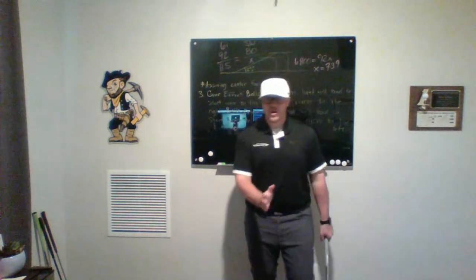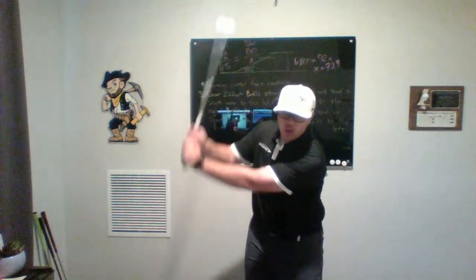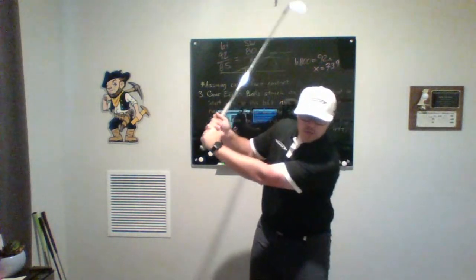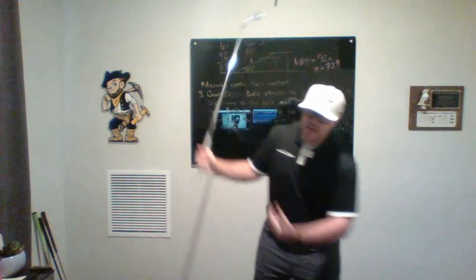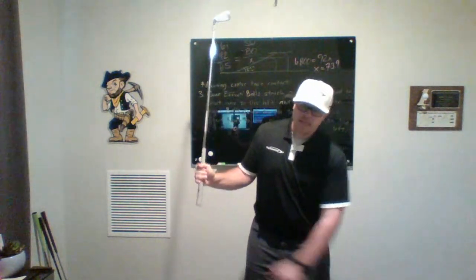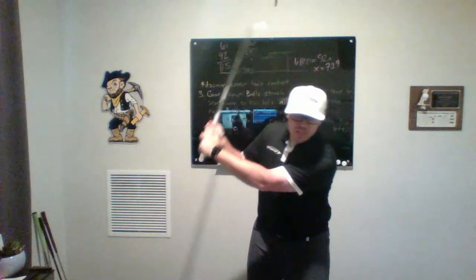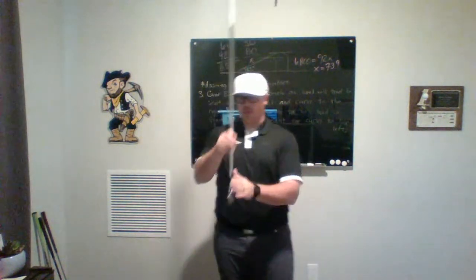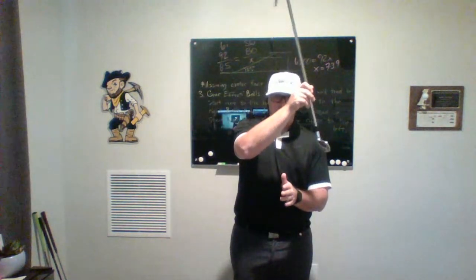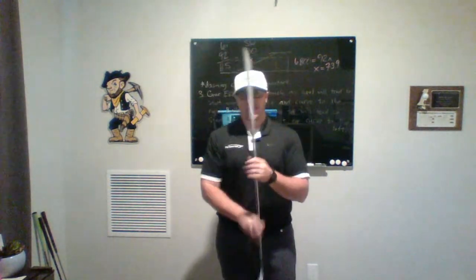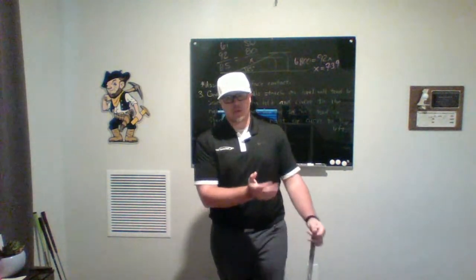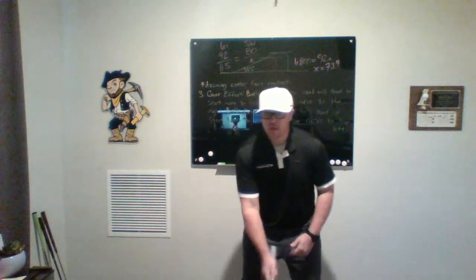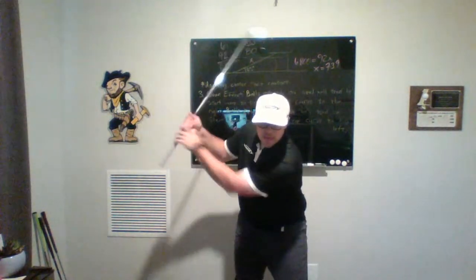The other thing that I see quite often is, because we've got that ball teed forward, a lot of times in the backswing we'll get to where we're leaning toward the target as we're going up to the top, because I know I've got to get to that golf ball. And what happens when I lean toward the target in the backswing? I'm actually typically going to fall away in the backswing, and that moves my low point, meaning this club comes down, reaches a low point, and then works back up. That moves the low point back in my swing, and again, I'm going to be hitting up on the golf ball. So make sure that in the backswing, you are loading up properly, staying behind the golf ball,